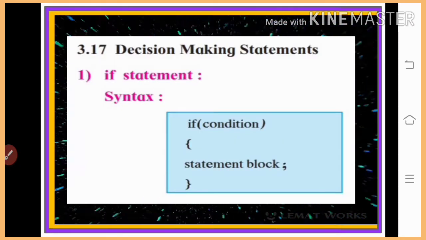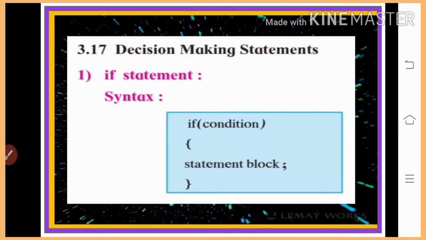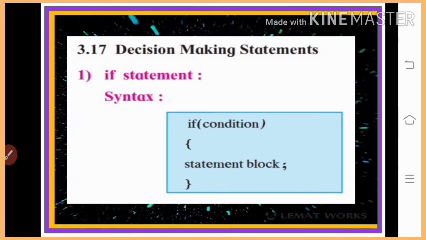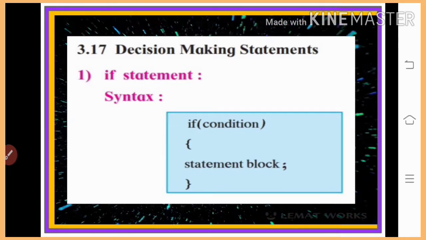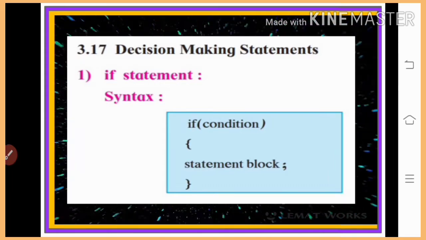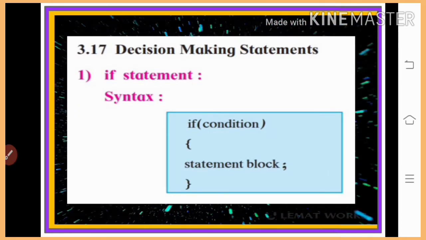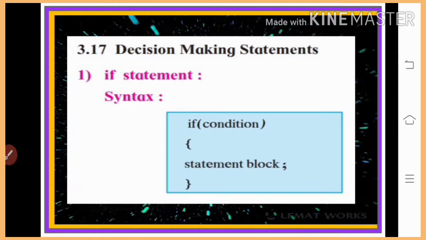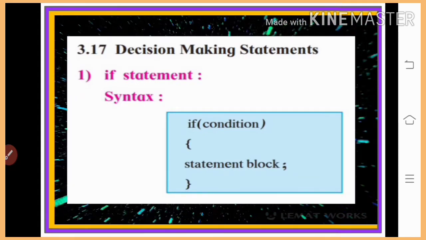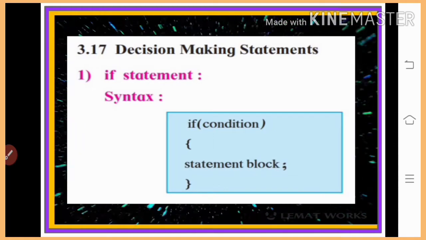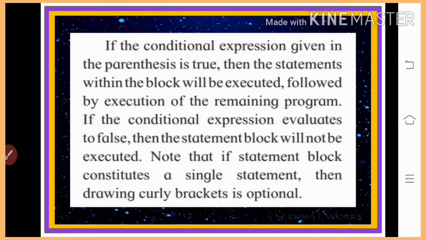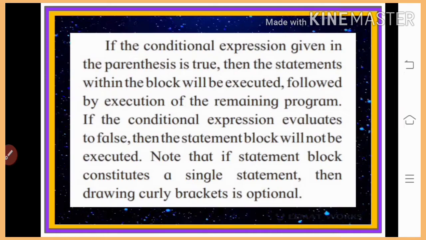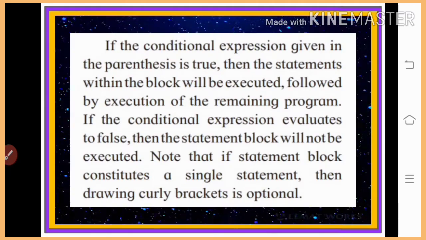Our next topic is decision making statements. There are two decision making statements, if statement and if else statement. First is the if statement. The syntax is if, parentheses, condition, close parenthesis, and a block of statements enclosed in curly braces, open and close. If the conditional expression given in the parentheses is true, then the statements within the block will be executed, followed by execution of the remaining program.